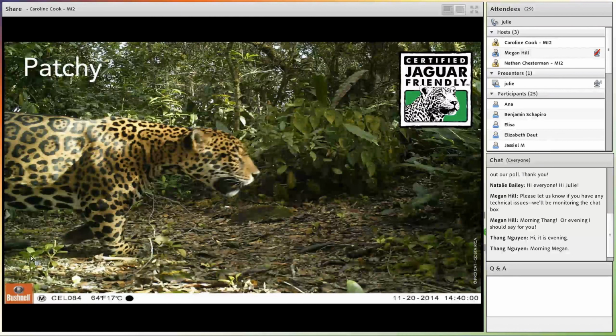We have human development fragmenting habitat for wildlife, and if those patches become too small, they no longer function as habitat. So with climate change and the other cumulative threats, we want agricultural lands to be able to serve as habitat and travel corridors. This is a jaguar-friendly coffee farm that sits between two protected areas between Costa Rica and